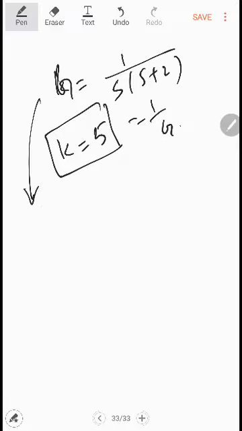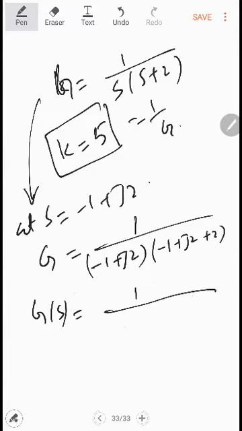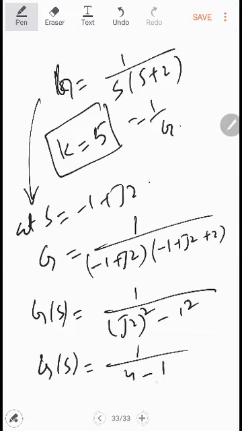Remember, we have to find this at s equal to -1 plus j2. So the gain at s equal to -1 plus j2 will be equal to 1 over (-1 plus j2), and then times (-1 plus j2 plus 2), and now we have to multiply this out. So g of s at -1 plus j2 will be equal to 1 over, and this one will be j2 square and -1 square, and similarly g of s will become 1 over 4 minus 1, which is equal to 5,